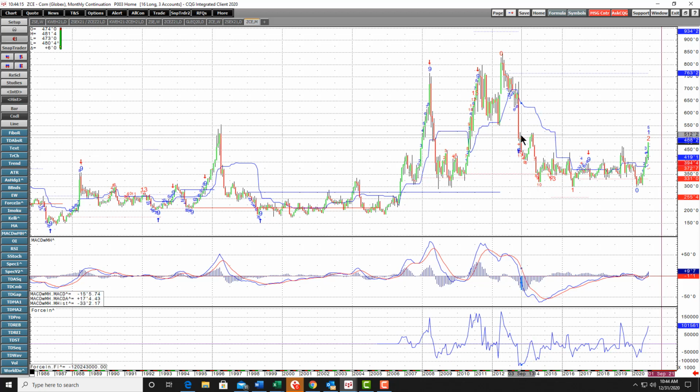I'm pausing here as I just kind of digest what's really happening. I think this thing's got a lot farther to go, and has no real resistance between here and 520. Honestly, 520 to 550 is more of a resistance zone than anything else. And from a marketing perspective, I see no reason, short of something shifting fundamentally, to start selling or hedging moving forward. In fact, I think long's the way you got to keep trading this thing, because